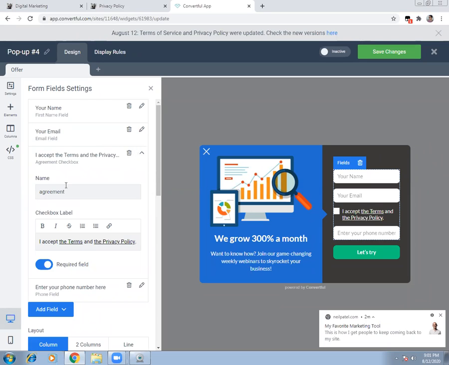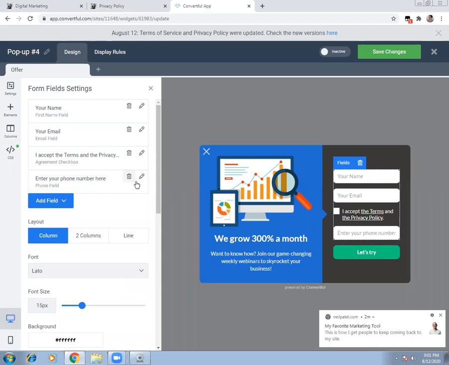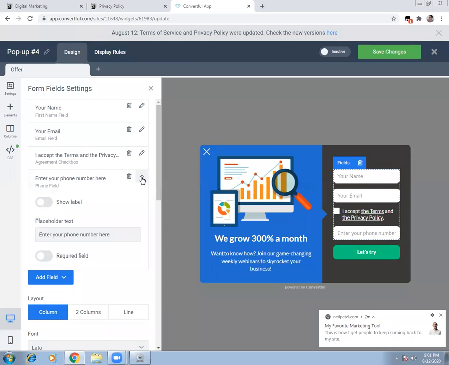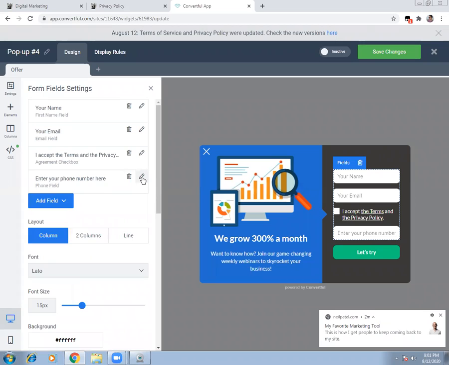Where is the phone number? Your name, your email ID. Okay, this phone number is there. I want to just edit it and probably show label. Okay, this is already shown. This, I think I'll take it here. Now you can see that the phone number is coming up. Name, email ID, contact number.